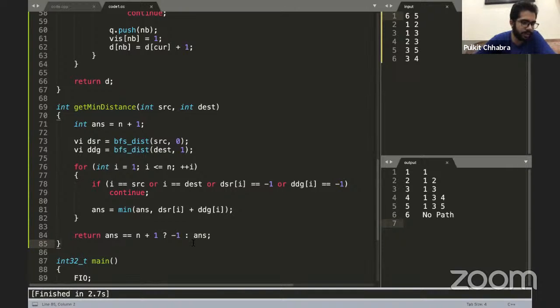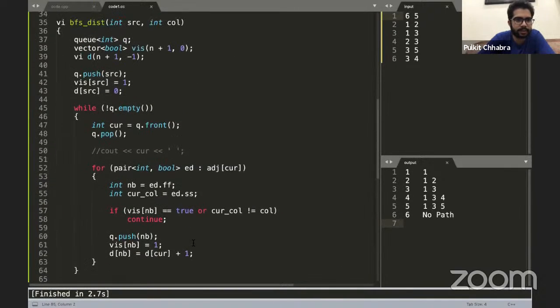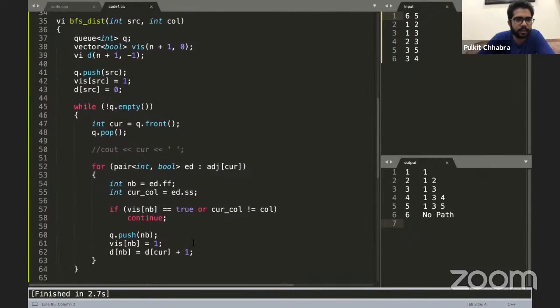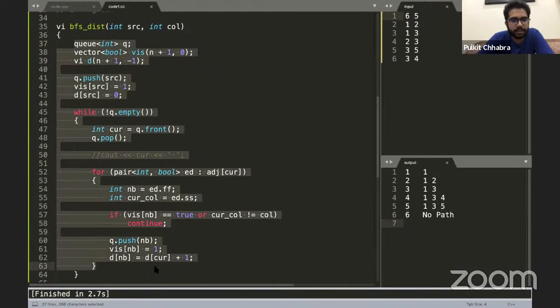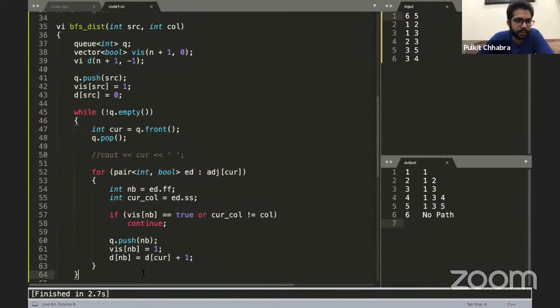Please write something on the chat if it is clear or not. Do you want me to cover something, or is it fine? In the meantime I'll go through this BFS distance function. All of the other stuff is pretty standard, like we discussed while discussing BFS.